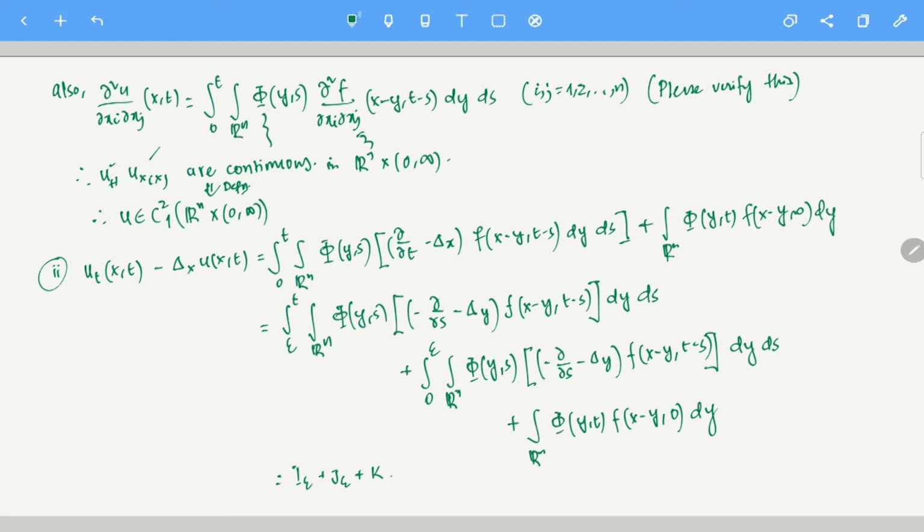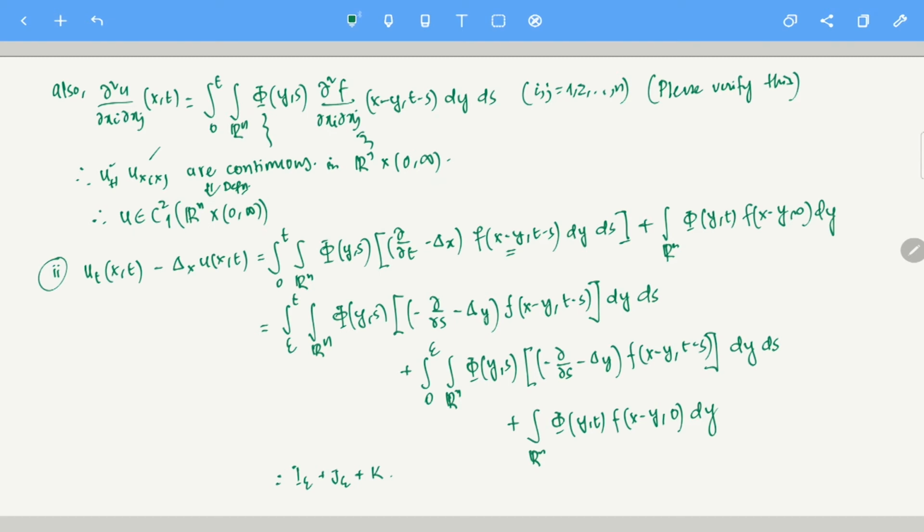Now what I am going to do here is a change of variable. So this t is getting changed to s. Let's say t minus s is r, right? Now you just change this variable to s. That's what I'm going to do. So basically the r variable, del r, I'm writing it as s. That's all. And similarly, this delta x is getting changed to delta z, let's say. See, x minus y, let's just write it as z, and then this derivative is getting changed to delta y.